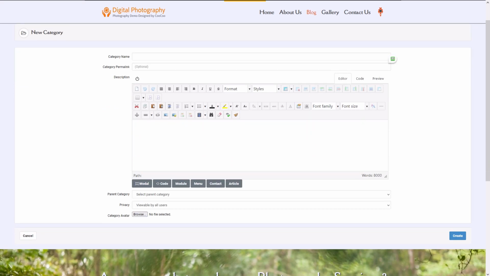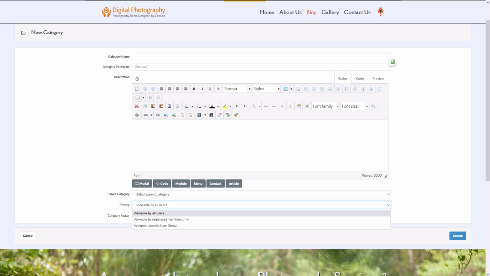Next is your description of your category, if you would like to add a description, but this is not required. At the bottom of the description, you will see a drop-down that says Select Parent Category. If you want this to be a subcategory of one of the main categories, then you can select the main category as the parent, or you can leave it as a main category.